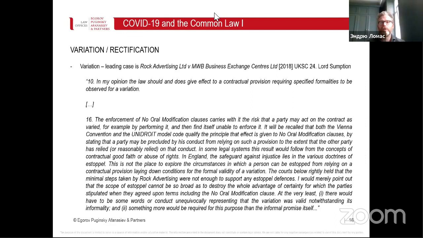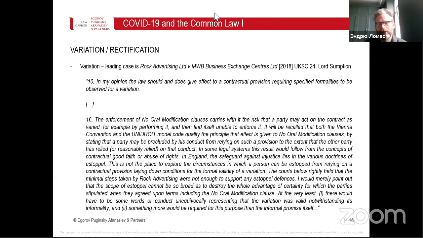This is not the place to explore the circumstances in which a person can be stopped from relying on a contractual provision laying down the conditions for the formal validity of a variation. The courts below rightly held the minimal steps taken by Rock Advertising were not enough to support any estoppel defences. I would merely point out that the scope of estoppel cannot be so broad as to destroy the whole advantage